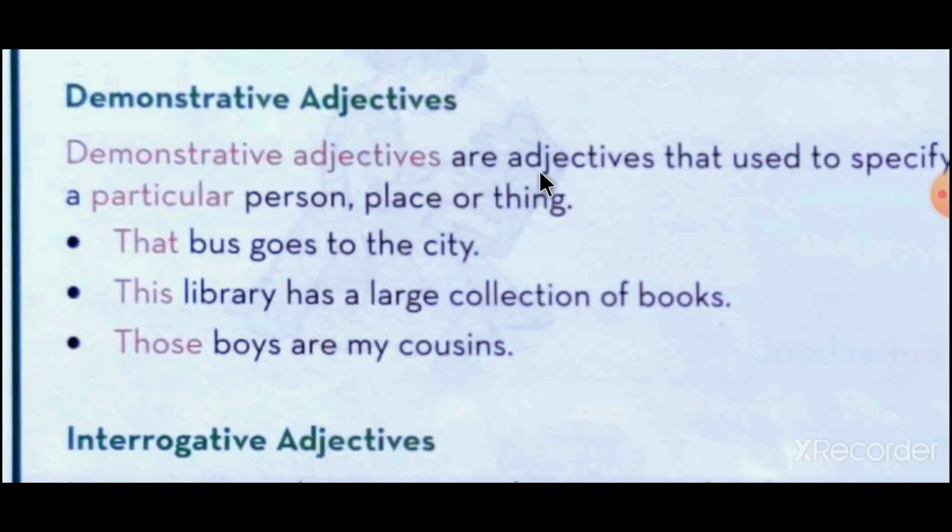Demonstrative adjectives are adjectives that are used to specify a particular person, place or thing. किसी विशेष पर्सन, प्लेस और थिंग का जो एडजेक्टिव है वो उसे स्पेसिफाई करता है, उसके बारे में ज़्यादा हमें इंफॉर्मेशन देता है, हमें माहिती देता है। Okay, of a particular person, किसी एक विशेष व्यक्ति, जगह, और किसी चीज़ के बारे में।